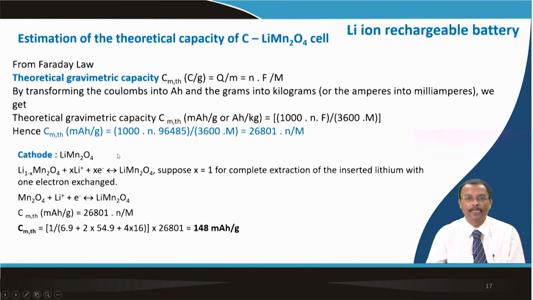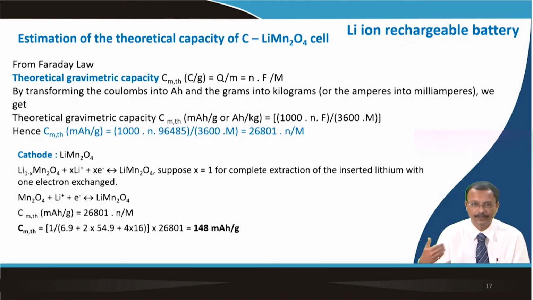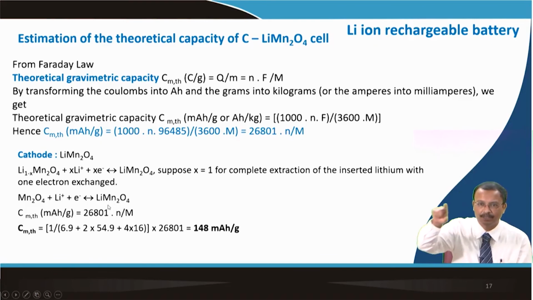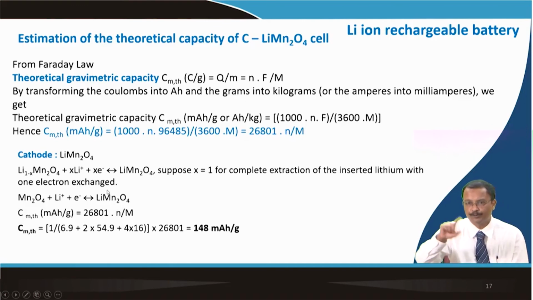So, if you take a cathode other than lithium cobalt oxide, I have taken an example of lithium manganese oxide. For lithium manganese oxide, this reaction takes place while discharging. Here I have taken x equal to 1 for complete extraction, not like lithium cobalt oxide where only 0.5 moles you can take out. The relation is basically Mn2O4, lithium is intercalating there, taking the electron which is coming from the anode part, and basically it forms back LiMn2O4. So, again I apply the Faraday law,